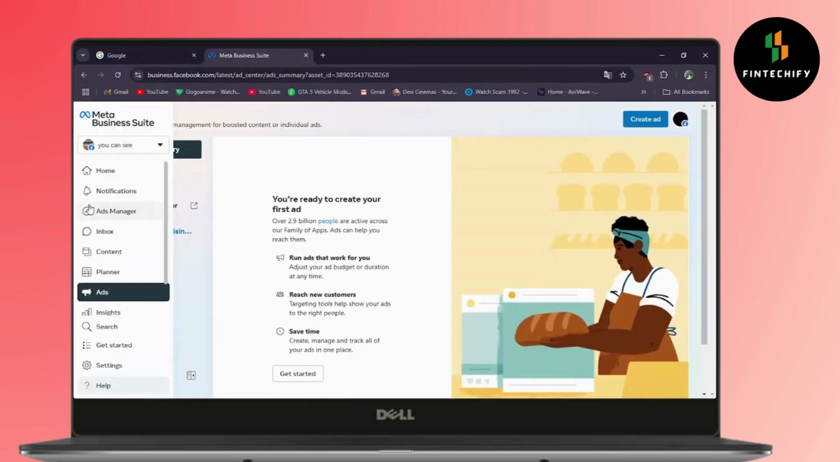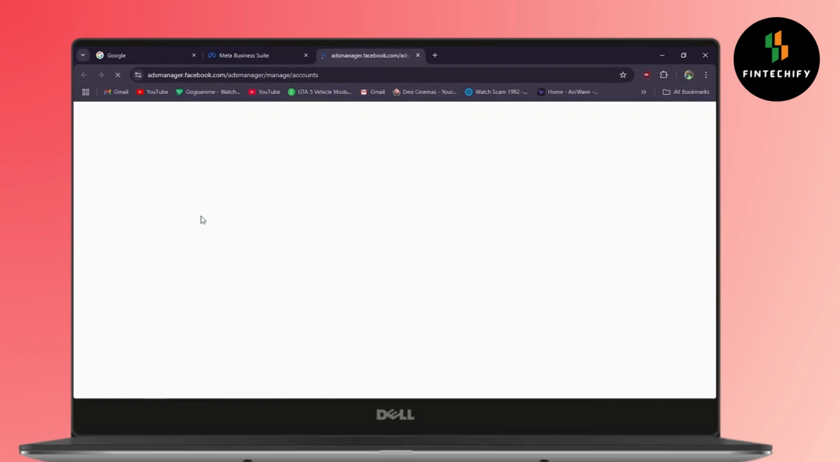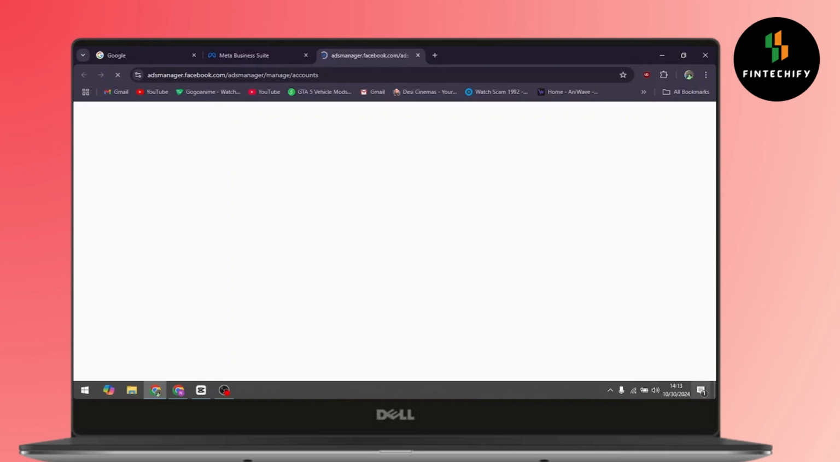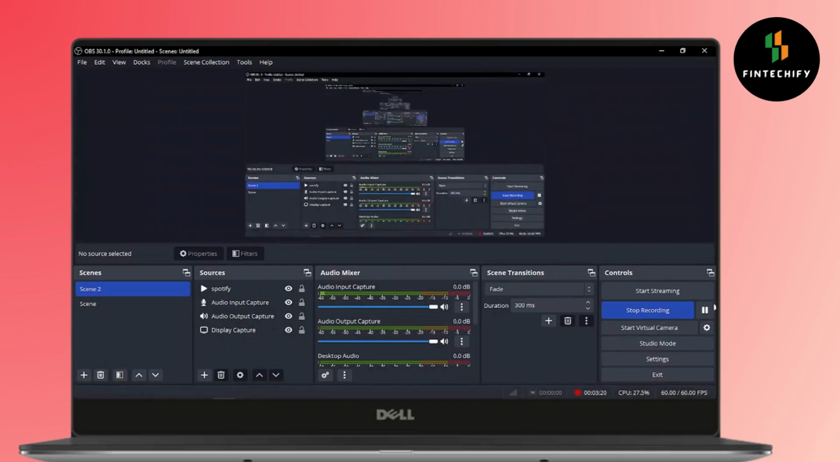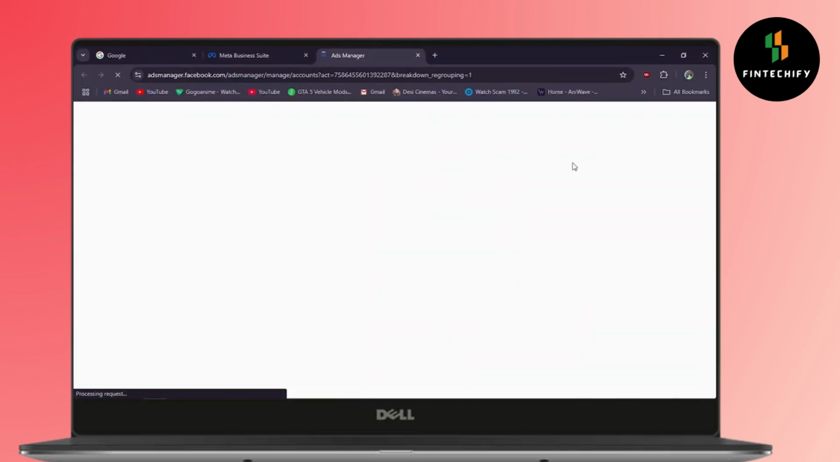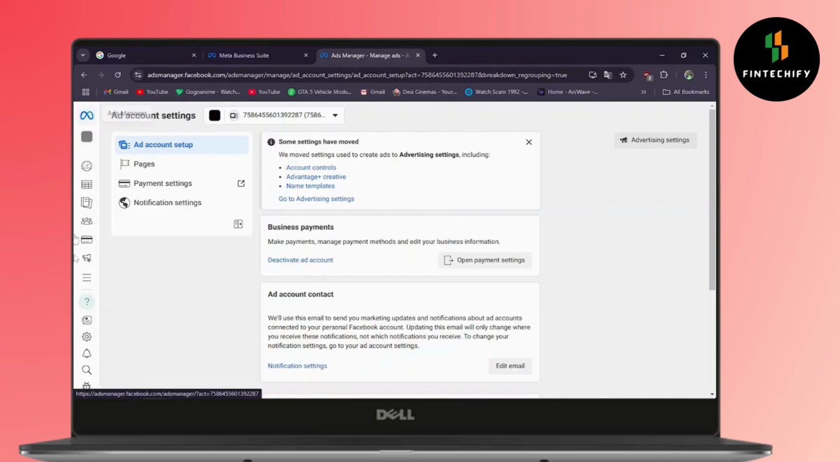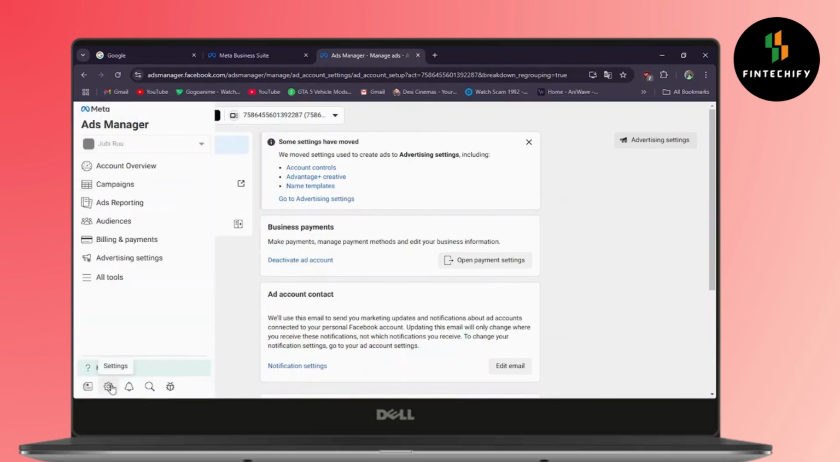So once you are here, you have to click on the ad manager option and go for the account overview. So you have to click on the ad manager and go for the account overview here. So the page has been loading. It depends on your internet connection also. So they are loading your ad account. Just wait. So after that, you have to navigate here and go for the setting icon and tap on the